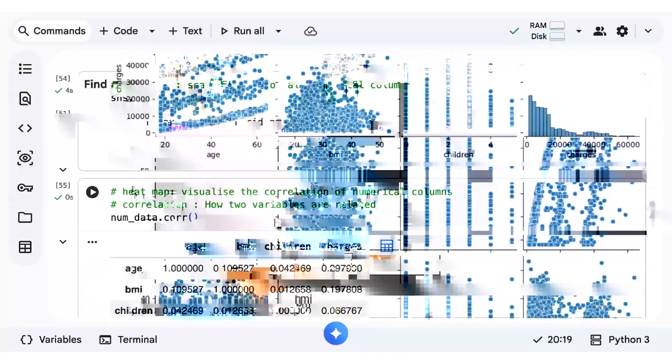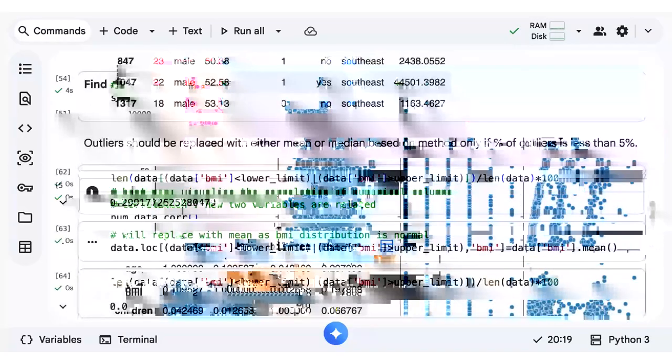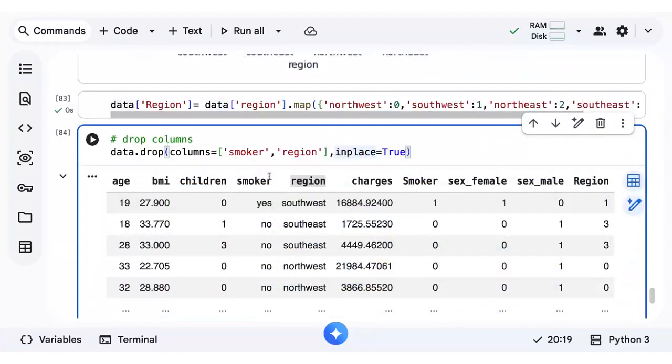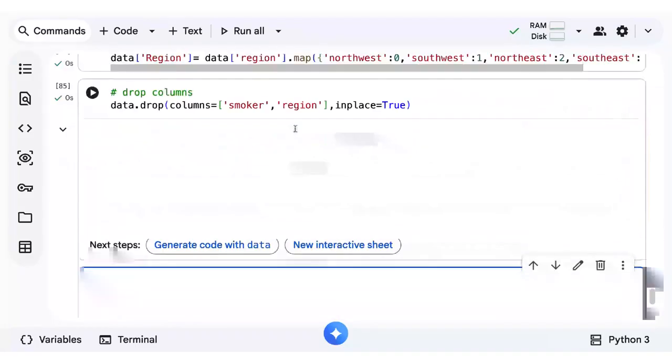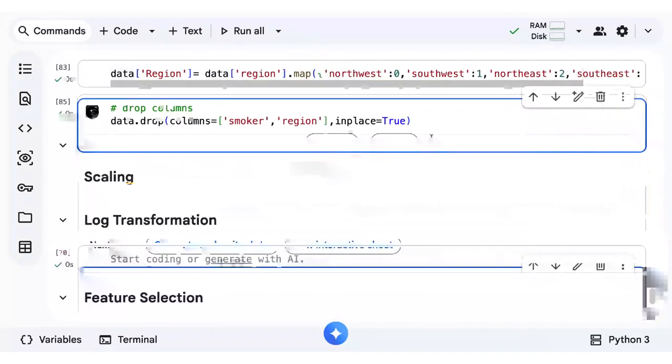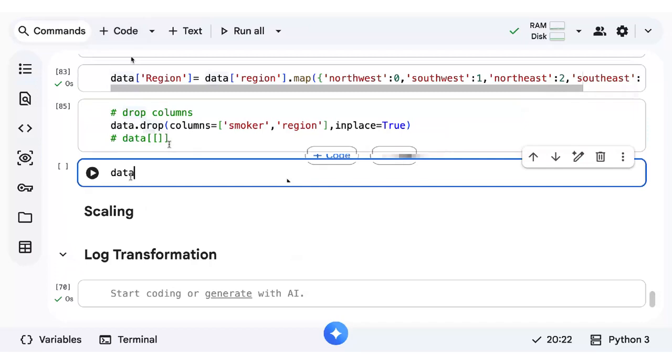No, but still I used numerical only. But you have two different approaches. Okay, this is one way. I'm dropping permanently, so I'm using inplace equals true. Sorry to interrupt you, why I'm saying this is, it's not practical to drop from the original data frame. So better to segregate and then continue your analysis.